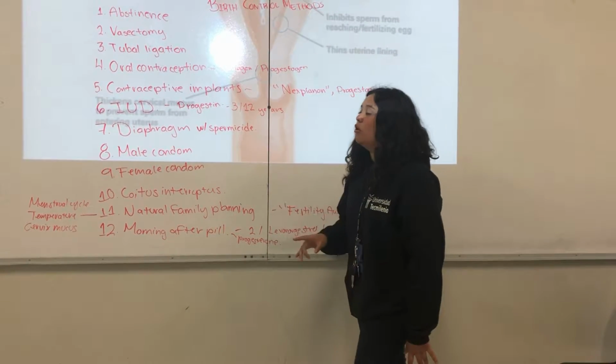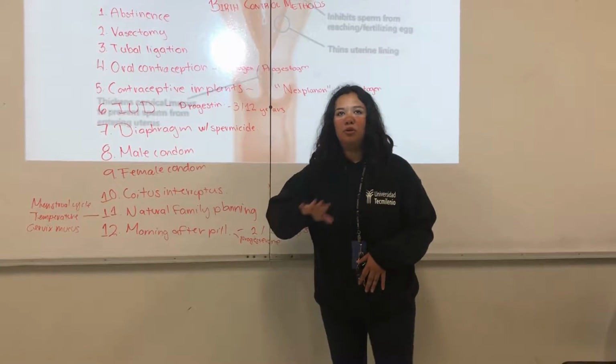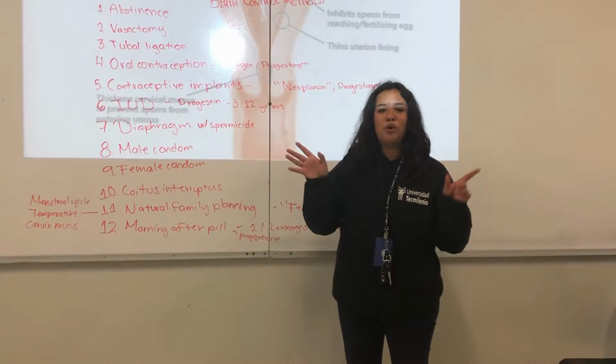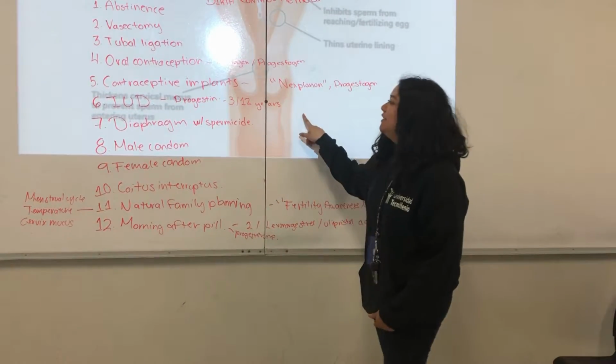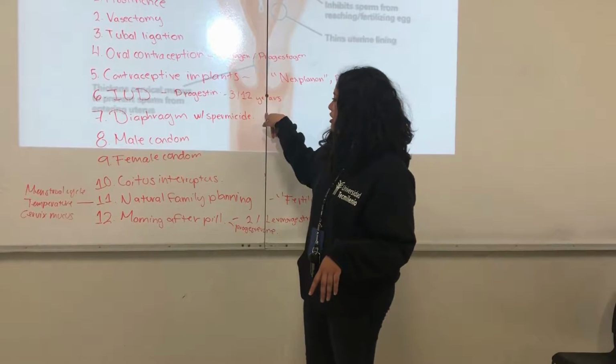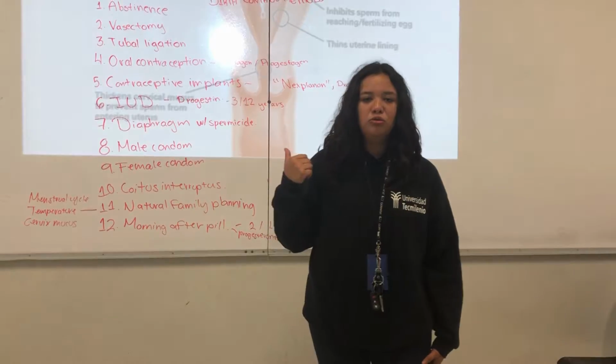And there is one that is non-hormonal, made of copper, and it blocks the way to the fallopian tube so the sperm can't get any closer to the eggs. These can last from 3 to 12 years